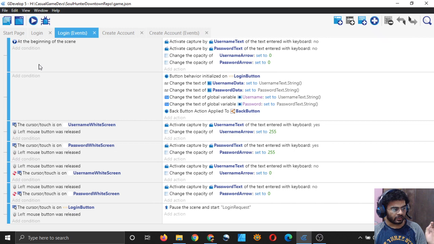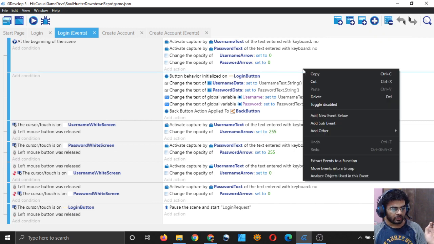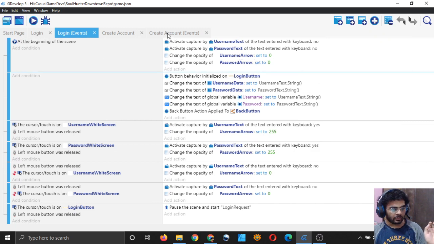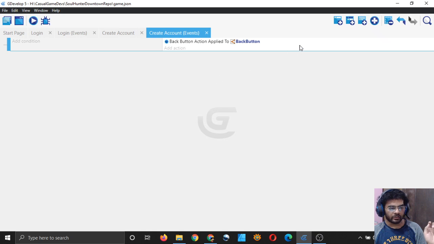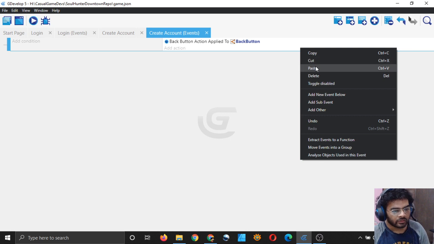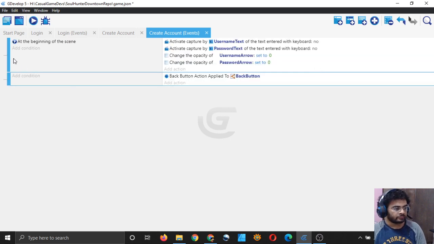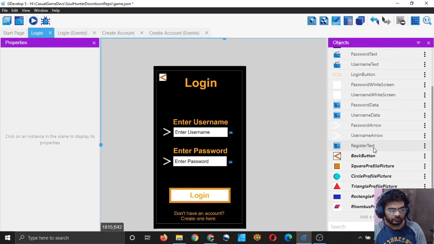So I will simply click on this event, right click it and copy, and go to the events of my create account scene, and simply paste the event. This is the name of the text object, I believe.